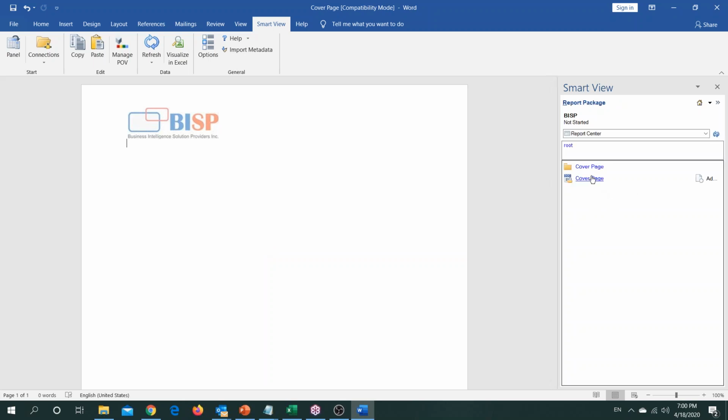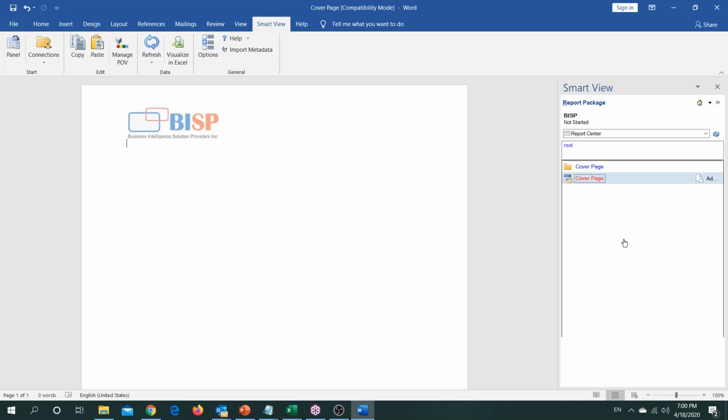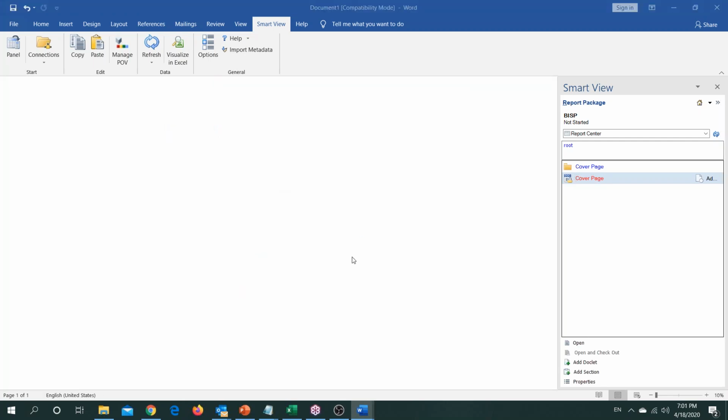So once open, we have our cover page. As in our application, you just click your document and it opens up. So let it open.